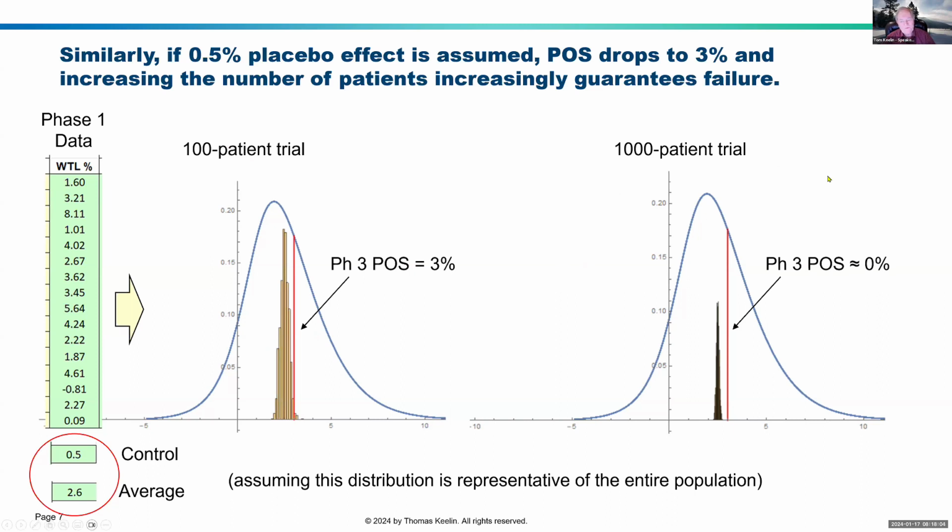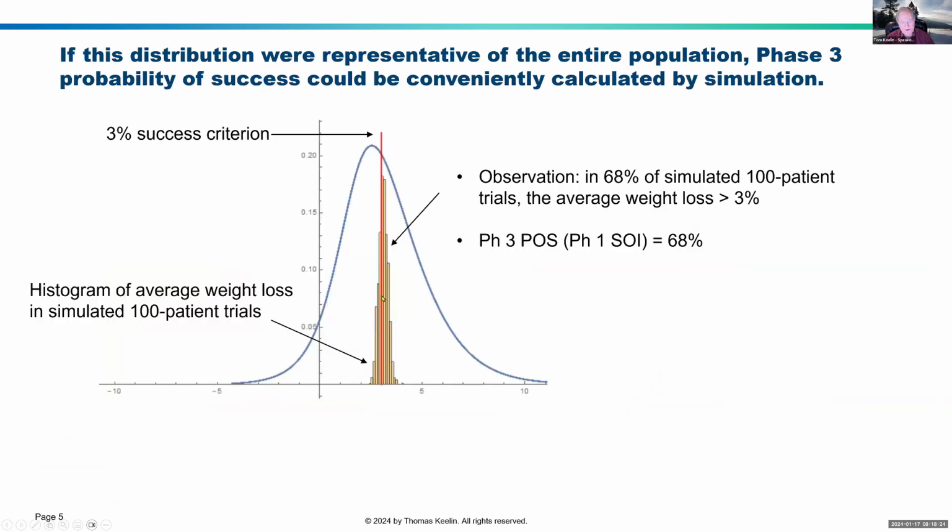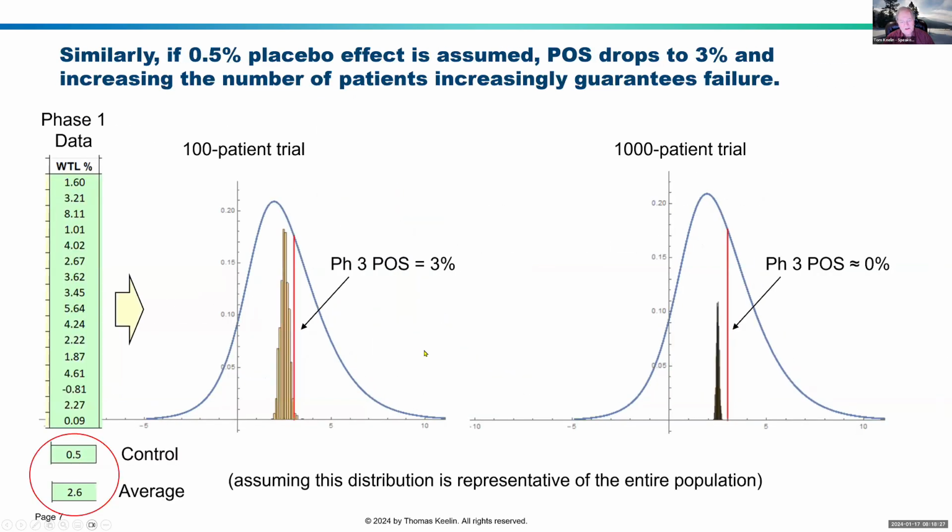Well, the fatal flaw in this kind of analysis or way of calculating probability of success for the phase 3 is we have assumed this distribution is representative of the entire population. And all these things I just stated, if this distribution that I showed at the beginning, back up here, were in fact representative of the entire population, then these results I've shown would be correct. And the more trials you have, the more your probability of success would go to either 0 or 1. However,